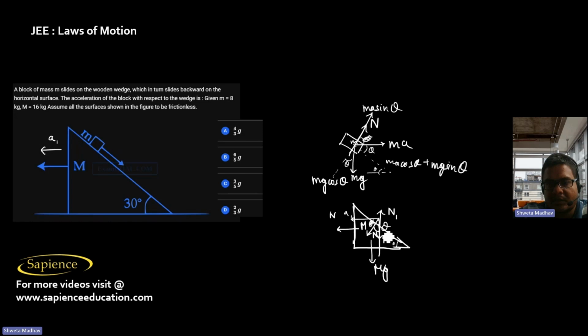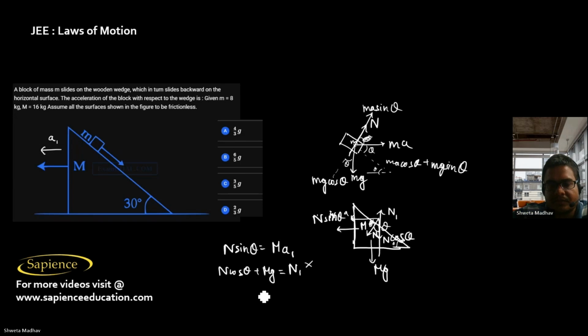This is angle theta, this is 90 minus theta, this is theta. So this way we will have N cos theta, this way we will have N sin theta. So N sin theta is equal to mass into acceleration a1. And we can say N cos theta plus mg is equal to N1, which is not required. This one is required. And then here we can say ma